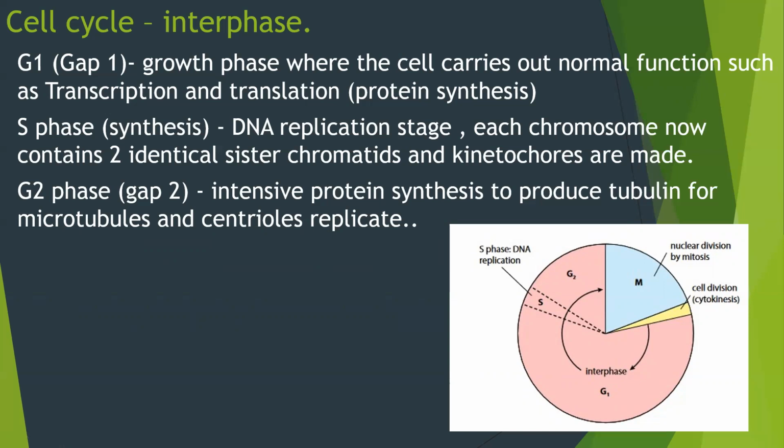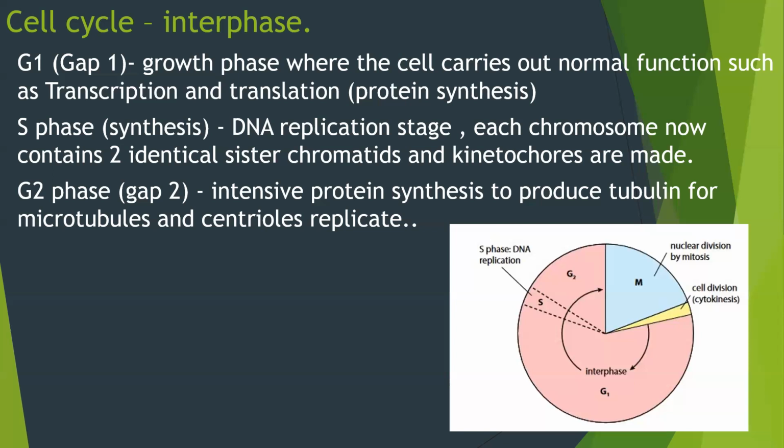So what happens during the interphase? In G1, which is the largest phase of the cell, this is where the cell carries out its normal function. So this is where it'll do protein synthesis. And in S phase, this is where the cell starts preparing for mitosis. So this is where the DNA will replicate, and now the chromosomes will have two identical sister chromatids,